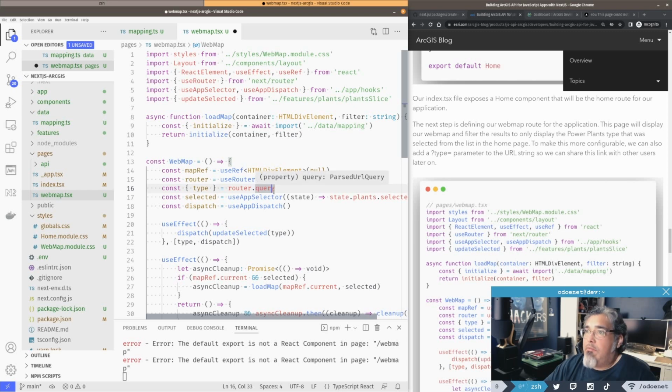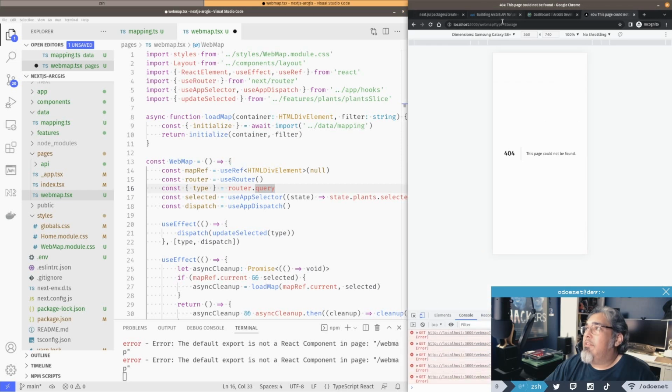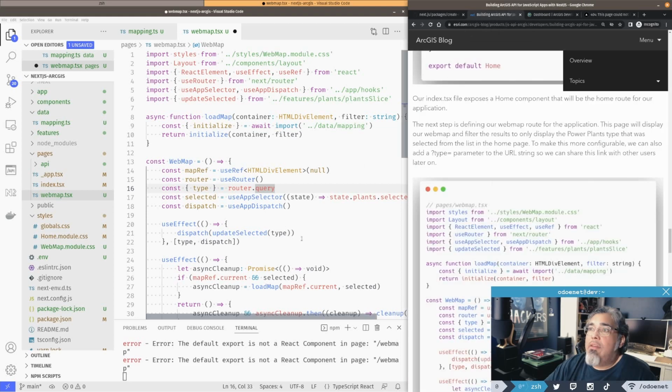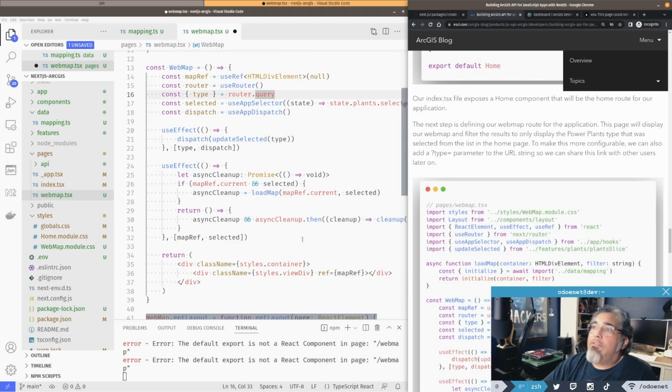The router has that query on there, so that's going to be fine. And that's going to be this page here, type equals storage, for example. So the type will be storage in that particular case. So, all right, here's my useEffect. This is where I pull in my